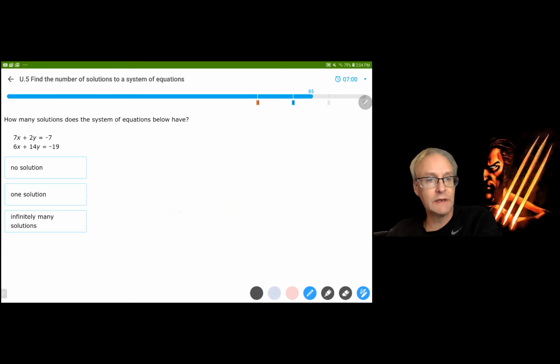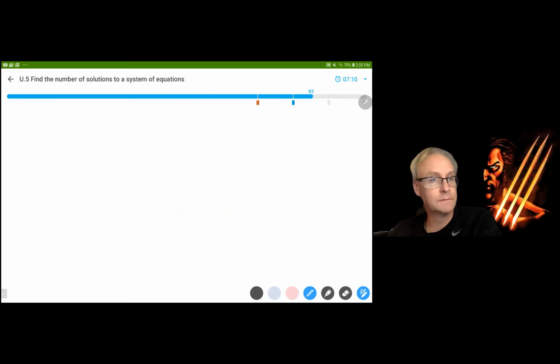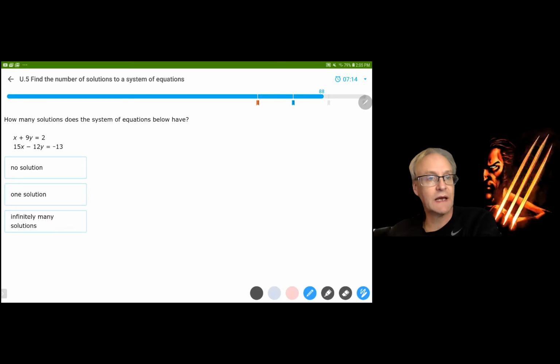2 over 7 and 14, 7 over 2 and 6 over 14. It's actually negatives for the slopes, and they are different. So this is one solution again. Notice I'm looking at the coefficients of the x's and the y's. When I get to one where they give you the same slope, I'll point it out. Basically what I'm doing, and I'm going to go through a little more in this one,